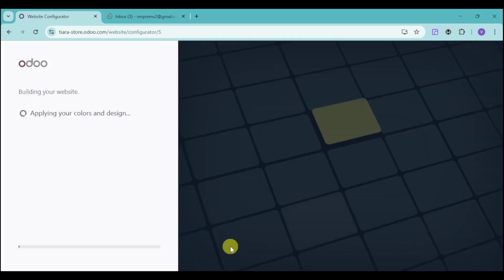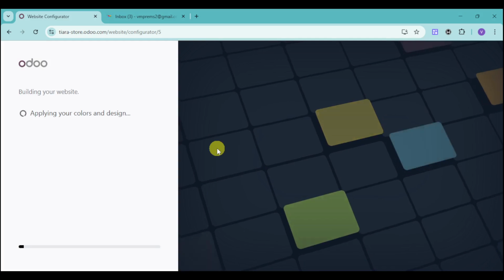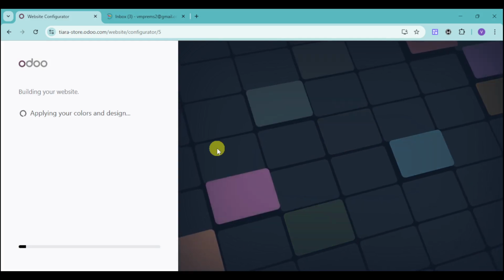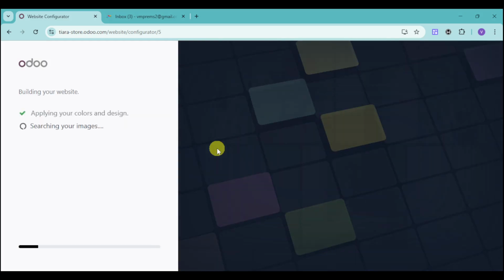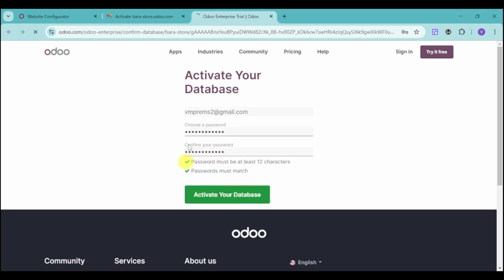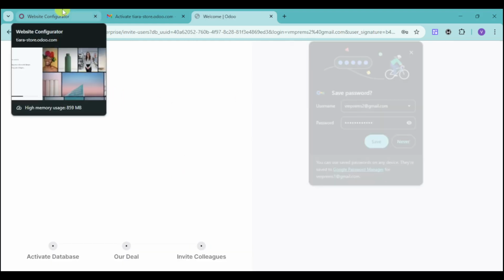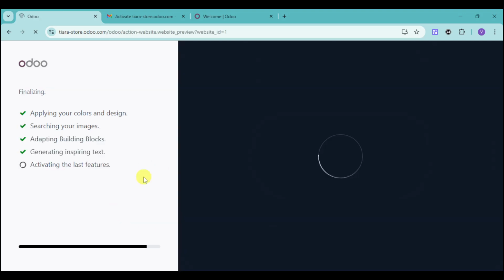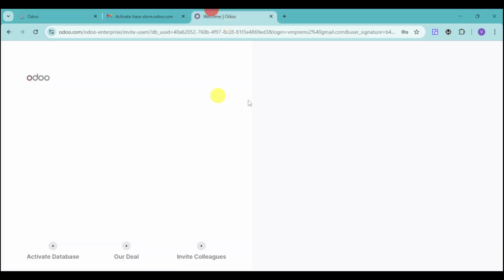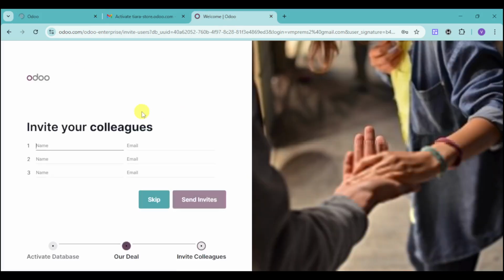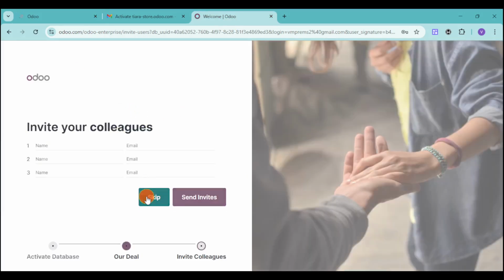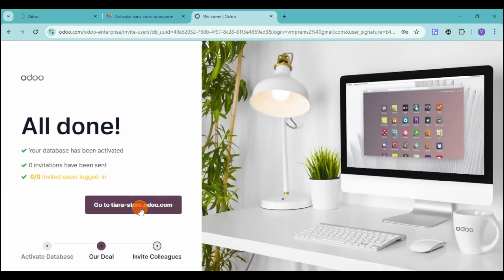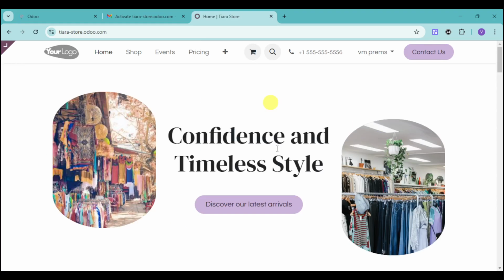I'll choose one, and it will apply the colors and design for a particular theme. So in here, just wait for that to finish. Your database is being set up while your website is actually being built, so just wait for this to finish. And in here, you can see the welcome. You can invite your colleague, and then you can go to the particular website that you have in here. So here, as you can see, here is our actual website, and it's